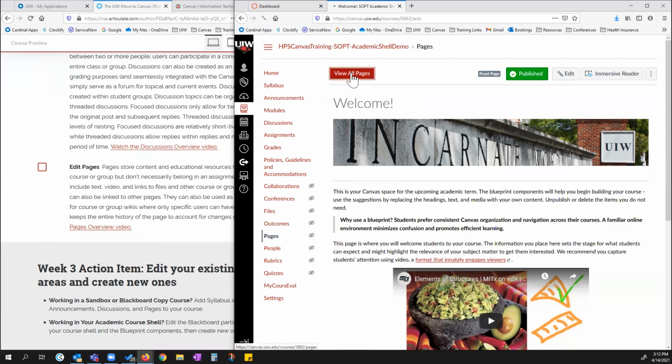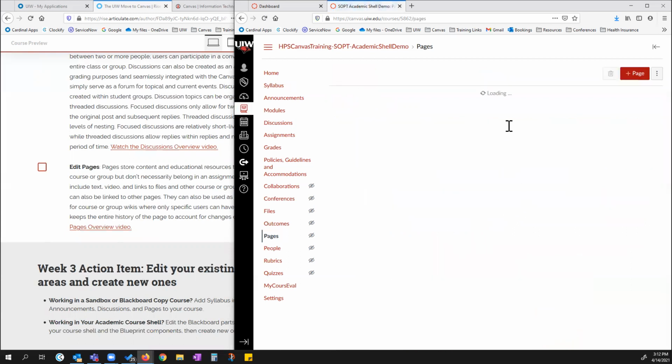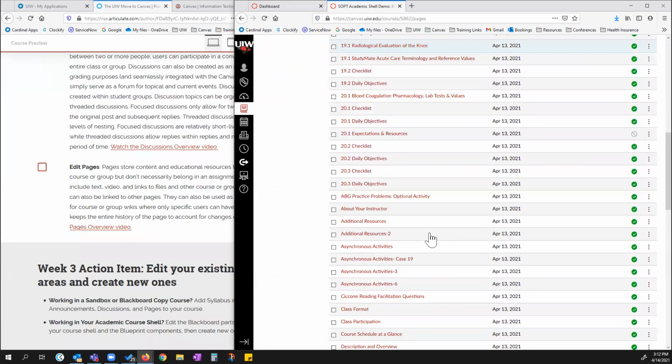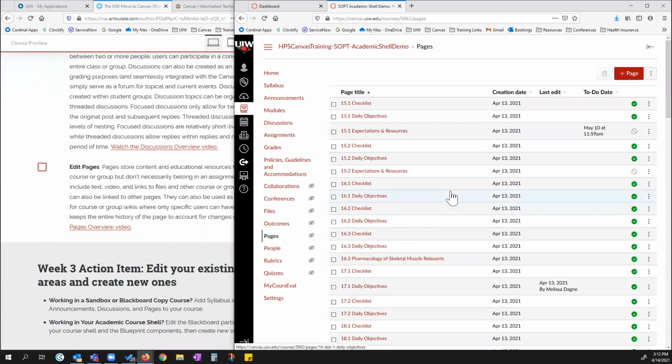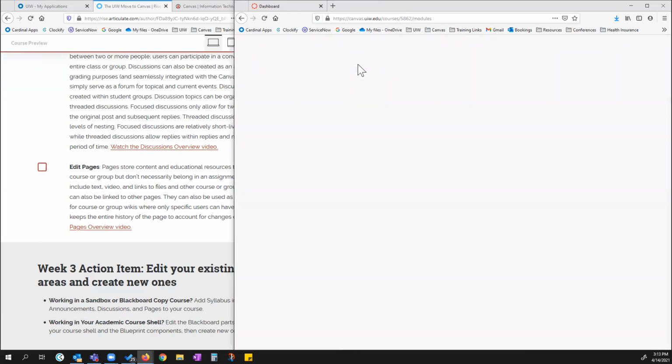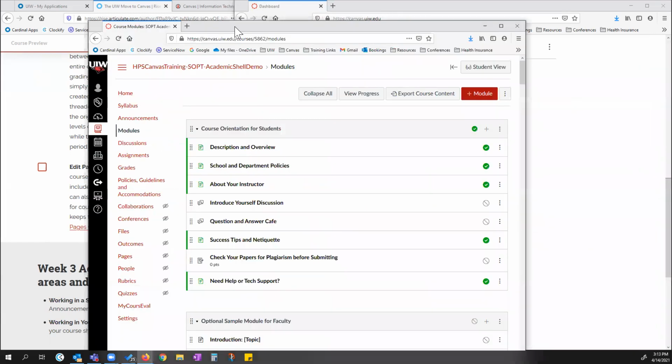So if we look at our view all pages, I'm going to have a lot, right? It goes all the way down the page. I'm scrolling and scrolling. I do have a lot. So I don't usually work from this area. I usually click on modules and work within the module space. And you're going to see I'm going to split my screen again, and I'm going to have my modules on one side,